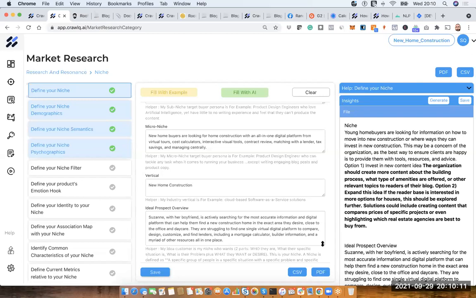So I know someone with the name Susanna, with her boyfriend. She was actively searching for the most accurate information and digital platform, actually, where she can find the demos or the prototypes of new home construction in this particular area where they wanted to settle, close to the office and the daycare. They are struggling to find one single virtual digital platform to compare, design, customize, and find